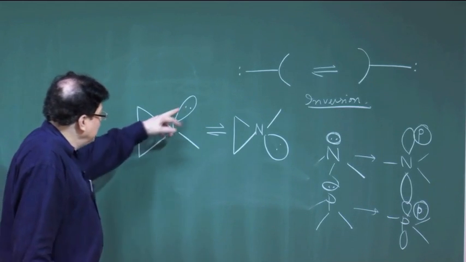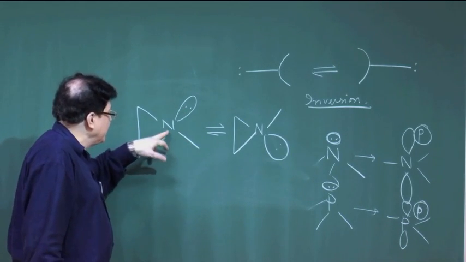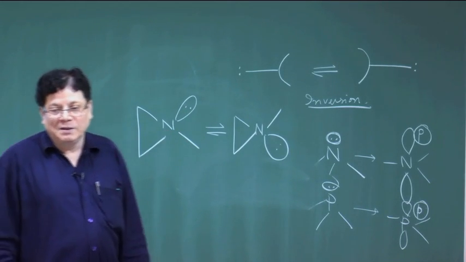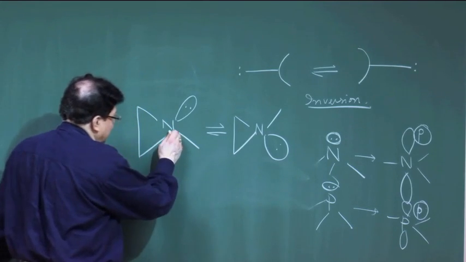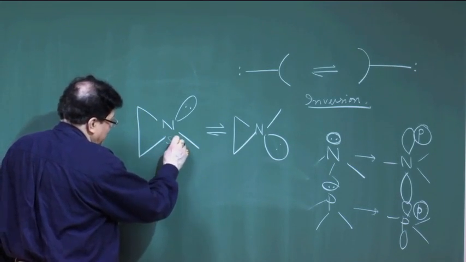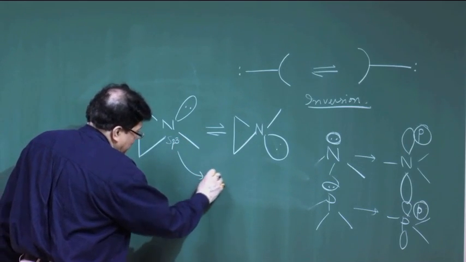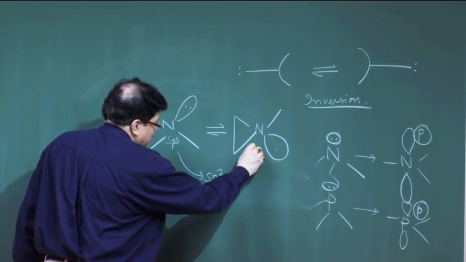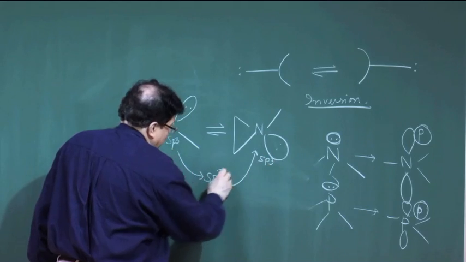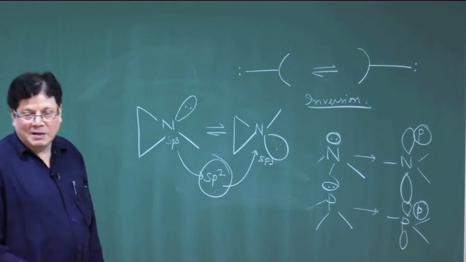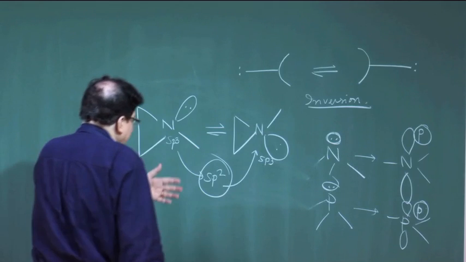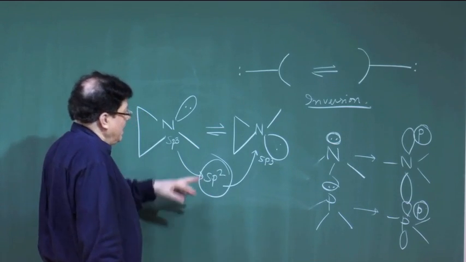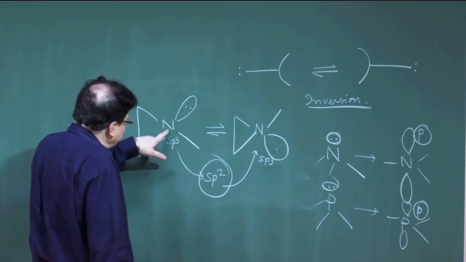Okay. Now, this inversion requires the nitrogen to go through an intermediate. As I said, the nitrogen has to go from sp3 to an sp2 nitrogen and then go back to sp3, because the sp2 hybridized nitrogen is the intermediate. So, if that is the requirement, then it will be very difficult to do in a